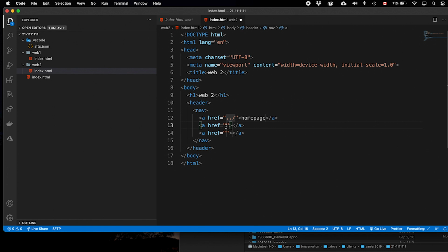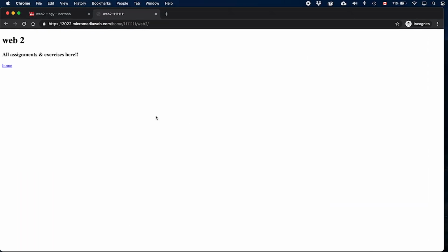I'm going to type .. so it goes back up our folder, and then I'm going to go into Web 1, and so that will be our Web 1 homepage. And then if I do just . like this, it will stay in this folder, and this will be Web 2. And I'm going to upload that. And now if I go back to here and refresh,